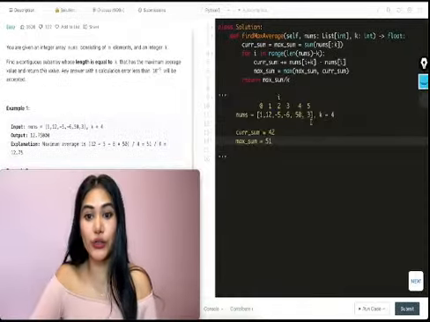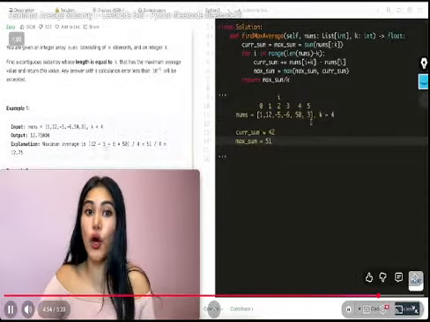Now talking about space and time complexity for our solution, we go through every single number in our input nums once, so there's going to be O of n if there are n elements in our